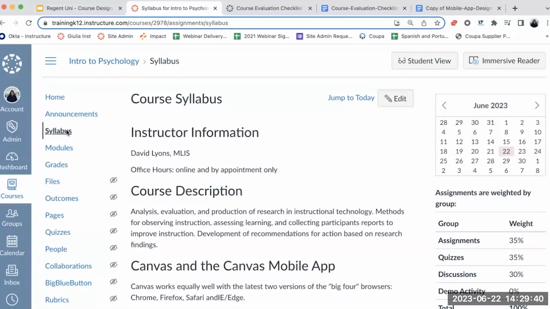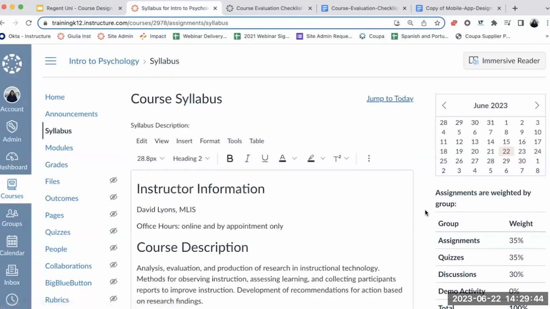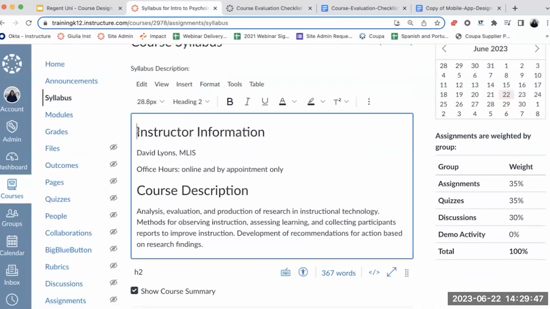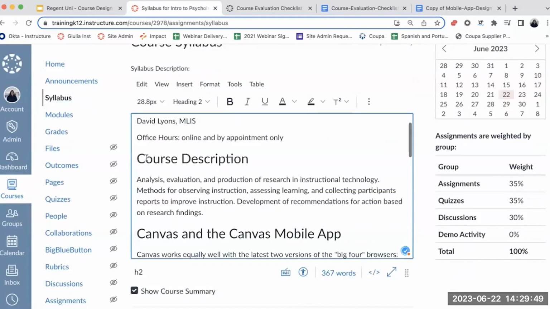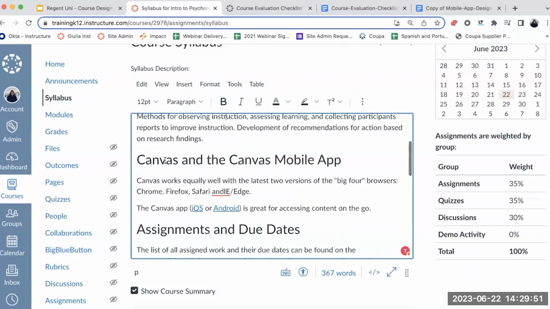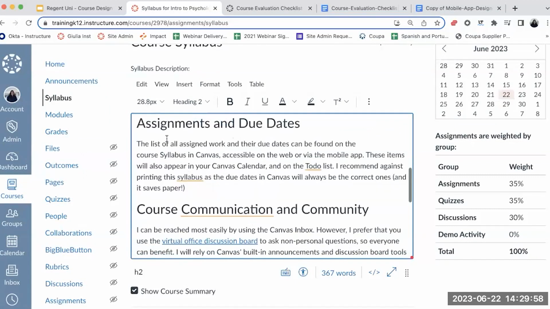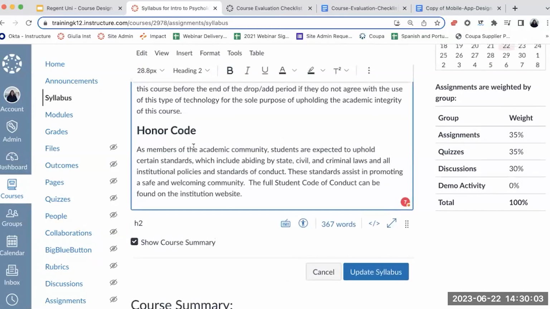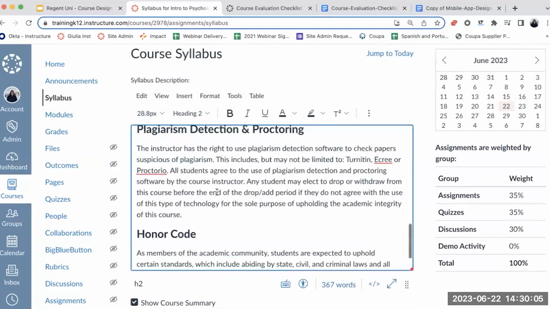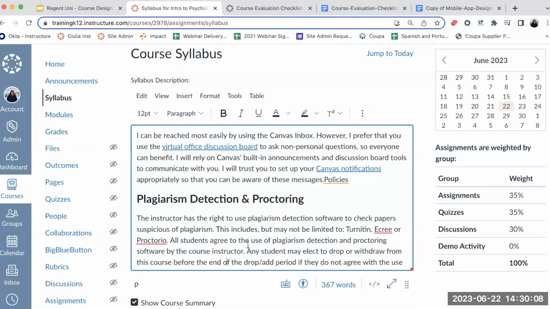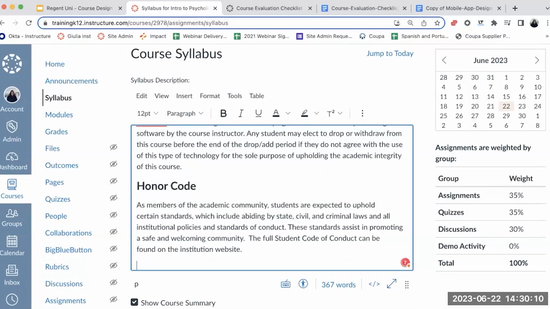For example, under syllabus, I will have this edit button right here up in the top. And in this space, I can easily add instructor information, course descriptions. If you are addressing resources for the mobile app, due dates and homework, activity policies, communication, your rules and etiquette expectations, and so on. And I could easily add a downloadable version to the syllabus in this space as well,